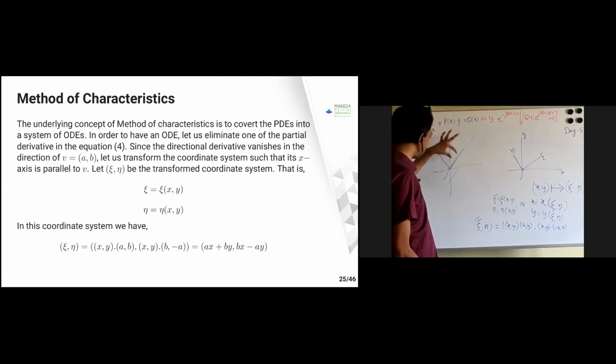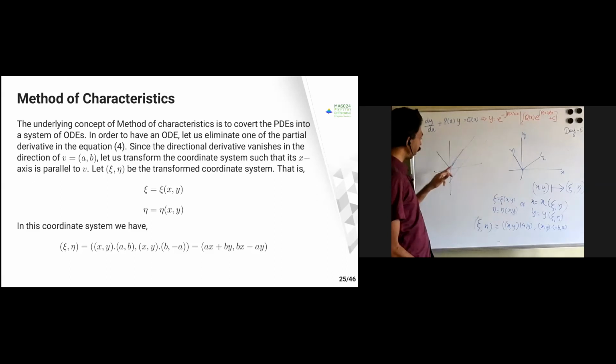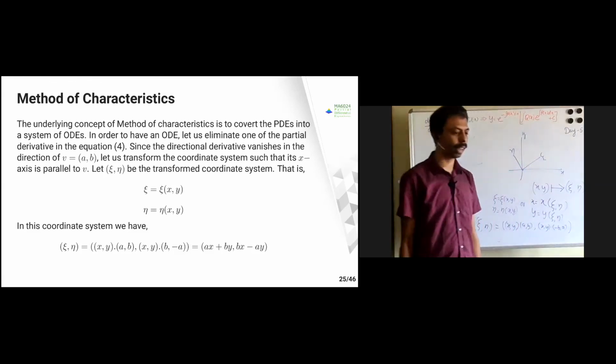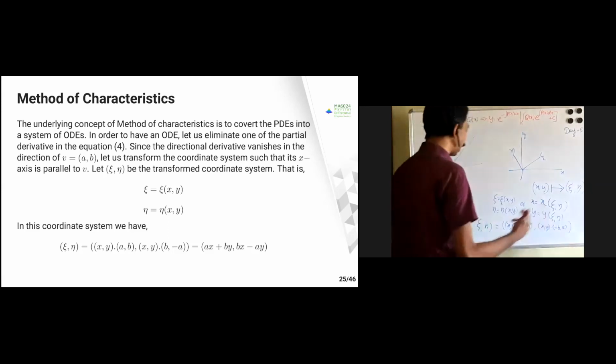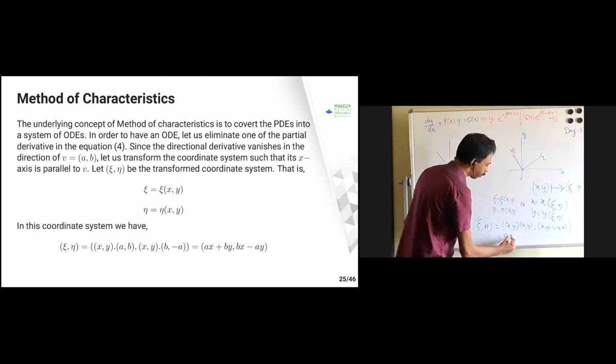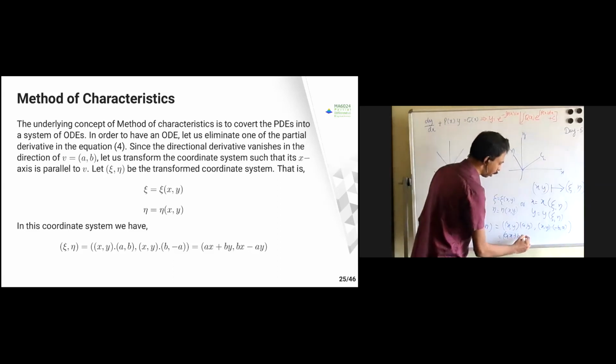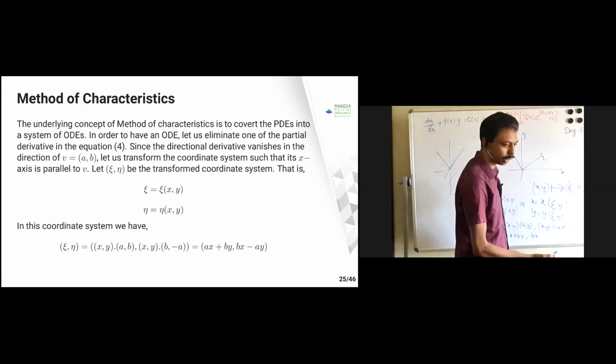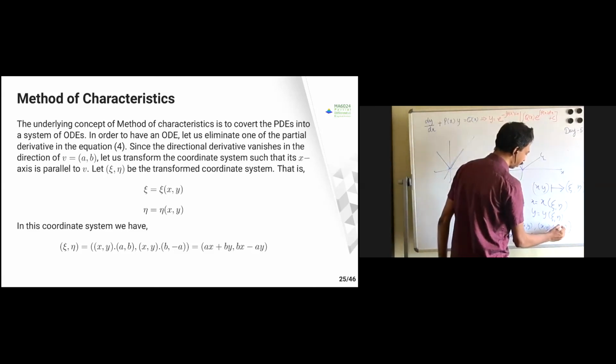So I take any point and I'm just trying to find this coordinate system. If I take the inner product of (x, y) with this vector, I will get one coordinate. If I take the normal vector, because we found that this is the normal vector for all the lines parallel to (a, b), that is (-b, a), then automatically I will get my new coordinate system. So that new coordinate system is going to become ax plus by, comma bx minus ay. Sorry, here (b, -a), so bx minus ay.